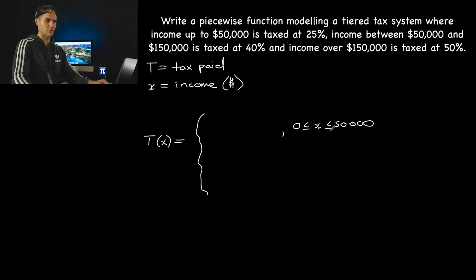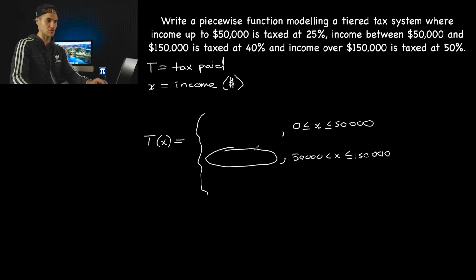Okay, that's going to be our first scenario right here. Our next scenario is going to be if our income is greater than 50,000, but less than or equal to 150,000, right? So if it falls in between that, we're going to have a different function to calculate our tax paid. And then finally, we're going to have when our income is greater than